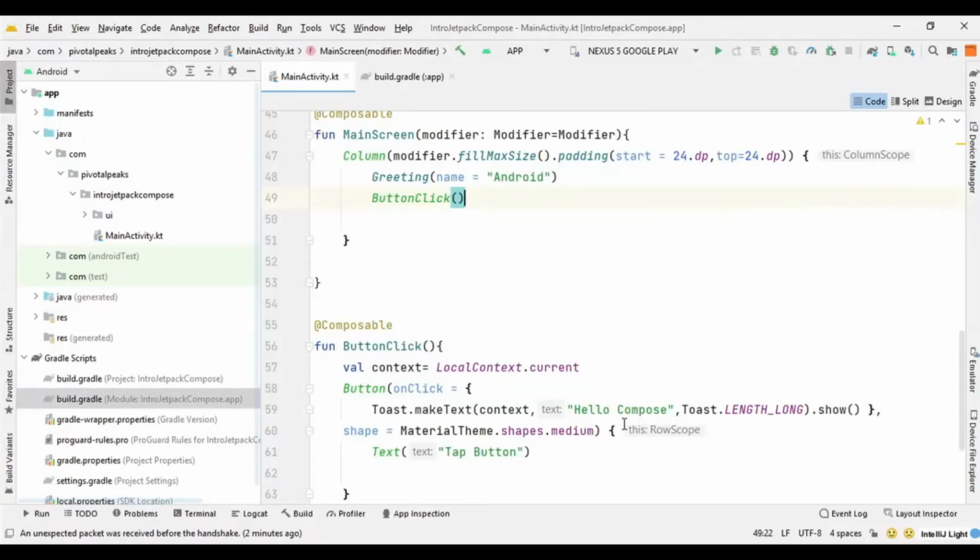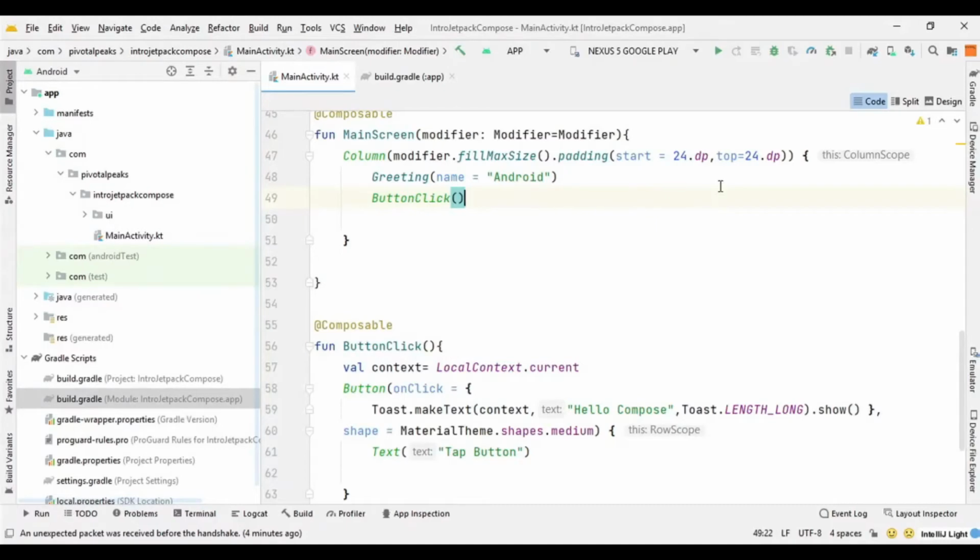When we call the function again, it redraws that component with the new data, and it only redraws the component that has called for the change. So this is a new and quite smart thing in Jetpack Compose.